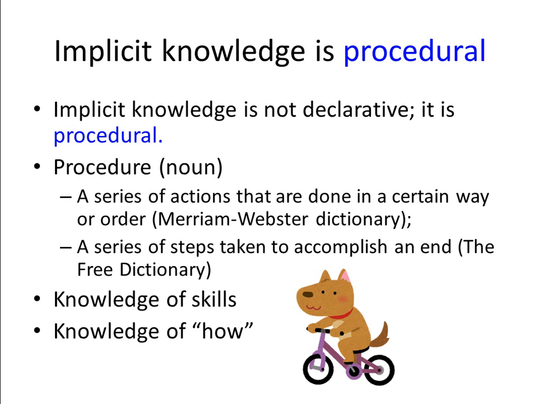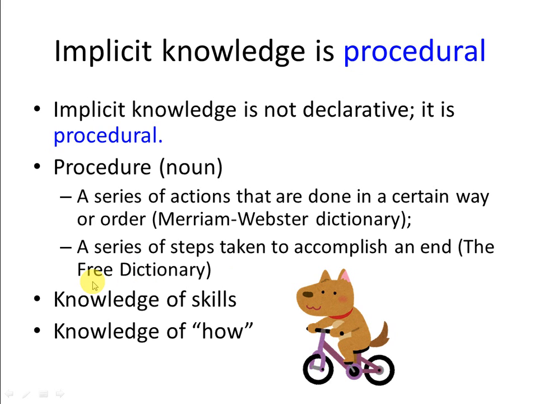So we can explain what an apple is like. And if explicit knowledge is declarative, implicit knowledge is not declarative. It is called procedural. This is a difficult word, I think. The word procedural comes from the word procedure. According to this dictionary, a procedure is a series of actions that are done in a certain way or order. And according to another dictionary, a procedure is a series of steps taken to accomplish an end. Maybe this is still a little difficult,